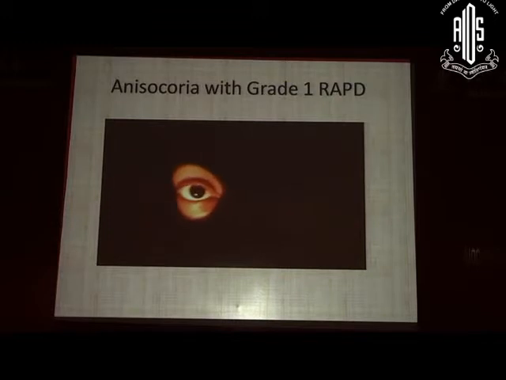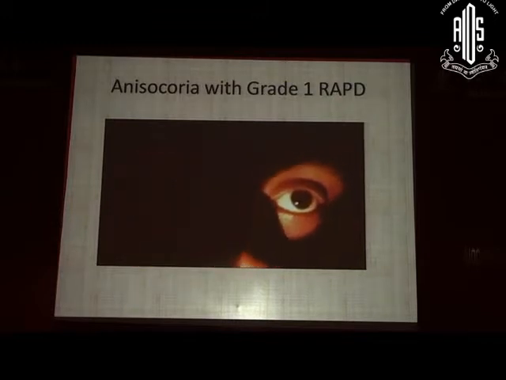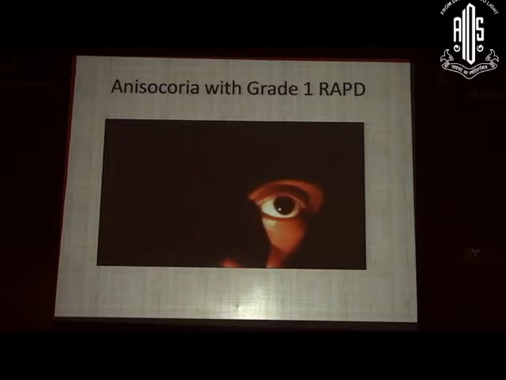Now this is one situation which is very common. All of us see traumatic cases where traumatic pupillary involvement is there. So I'm going to show you 3 videos where there is anisocoria along with optic neuropathy, where you want to differentiate whether the patient has traumatic optic neuropathy or not. So here he had anisocoria, dilated pupil in the right eye, and when you move from the right to the left pupil constricts. So you use the consensual reflex here to find out that the right fixed pupil eye has traumatic optic neuropathy also. So this is just grade 1 RAPD in the right eye along with dilated pupil.